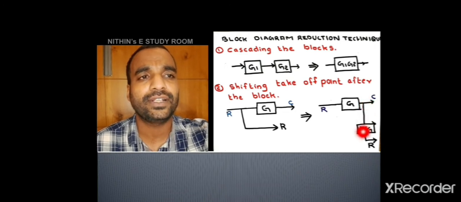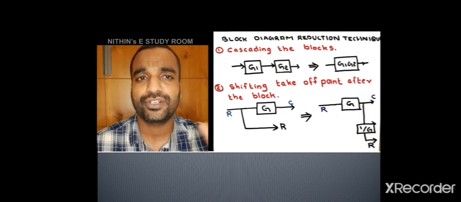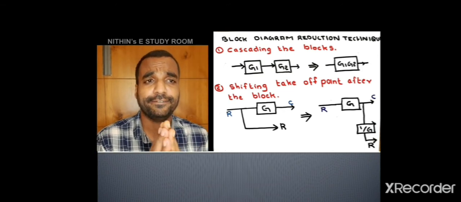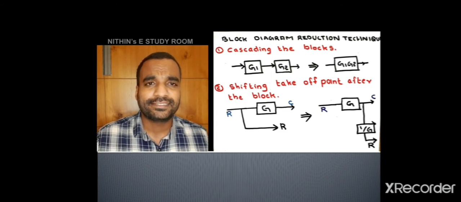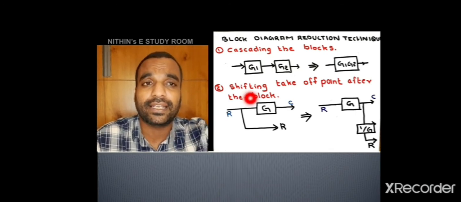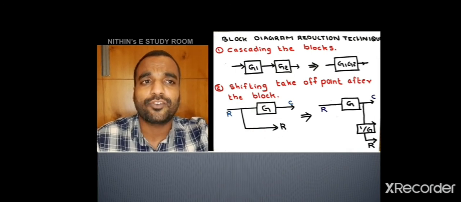But what is the difference? Will you get r again? Actually, you have to get r again. How will you get r again? For getting r again, you have to do some manipulations. Otherwise, it will not be r, because earlier the takeoff path was not connected to G, so it was purely r. But now, this takeoff point is also connected to G. Now, the output coming from this takeoff path is nothing but r into G.